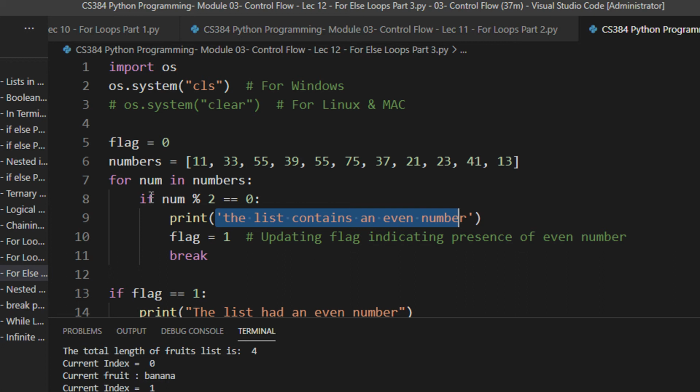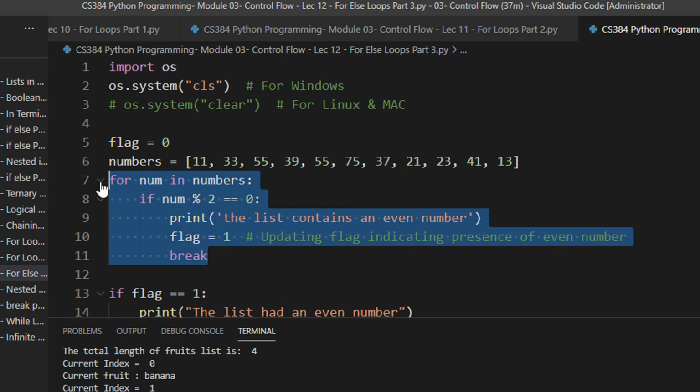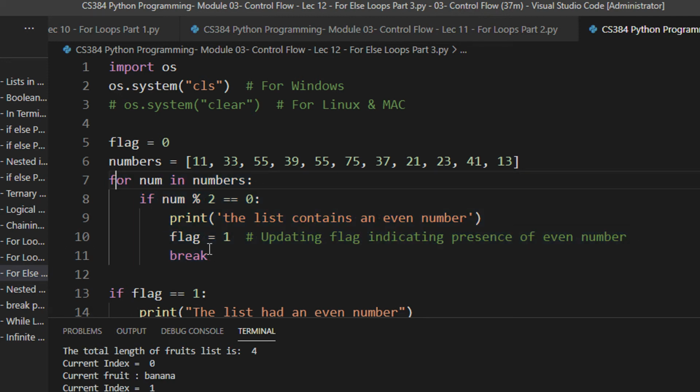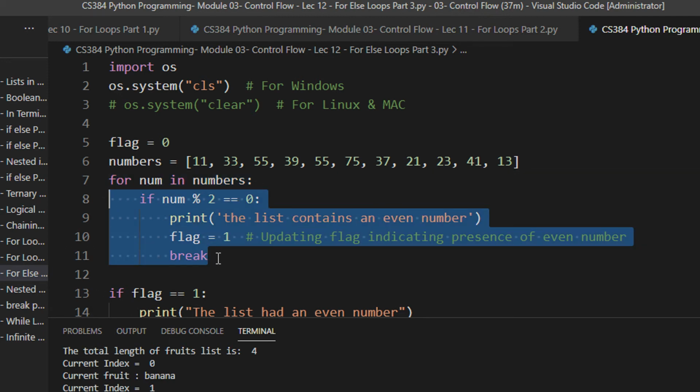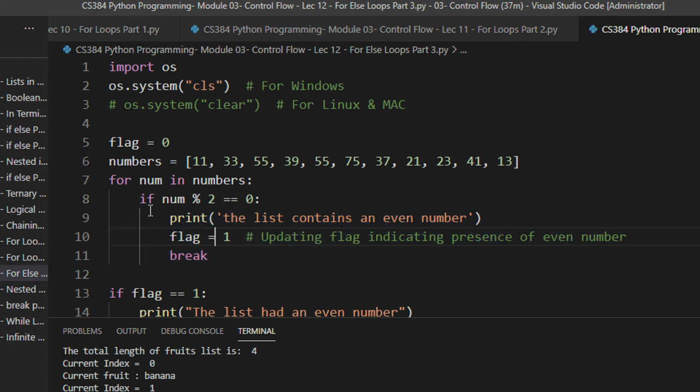Class, please take care of the indentation. See, this for loop is this long. For this for, there are four lines, and for this if, these are the three lines. For this if also I have indented, and for this for I have indented again. Nevertheless, the logic is whenever you get a number in the list which is divisible by 2, that is the remainder is 0,